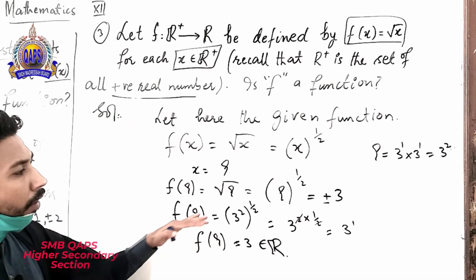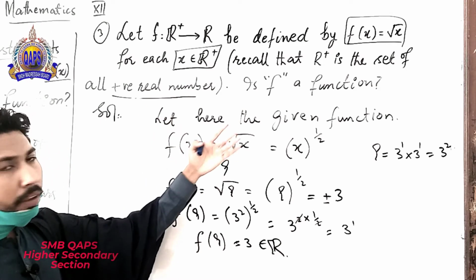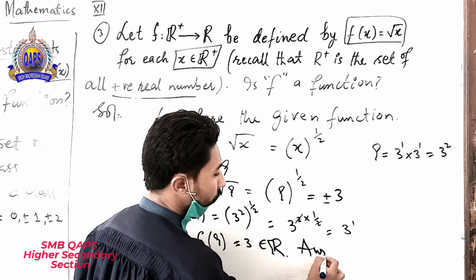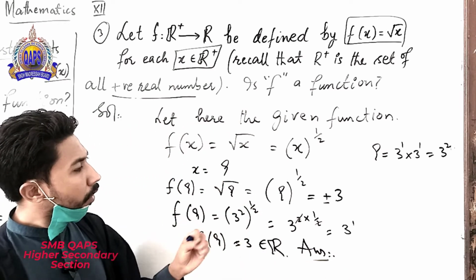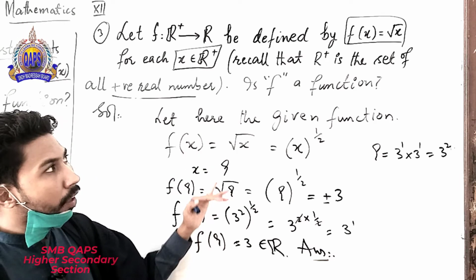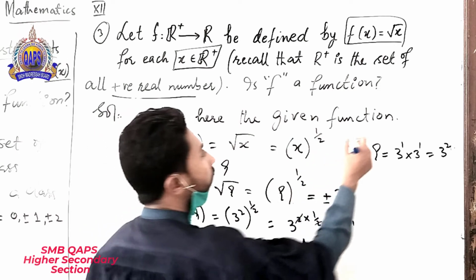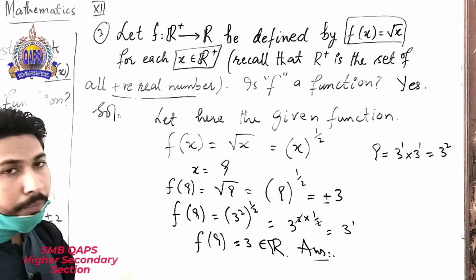Now you can choose any positive values of x and solve it easily. So this is our example, because here we put two values of x, and this function is satisfied. So this is our answer. So you can say that this is a function which is given in this form.